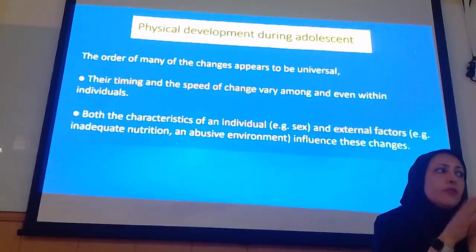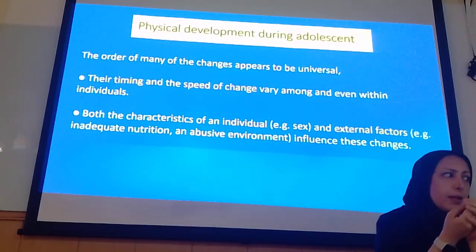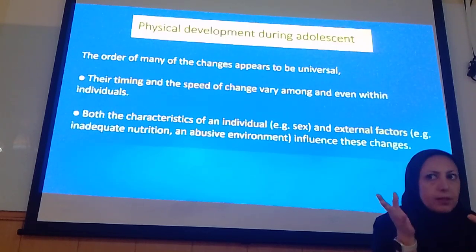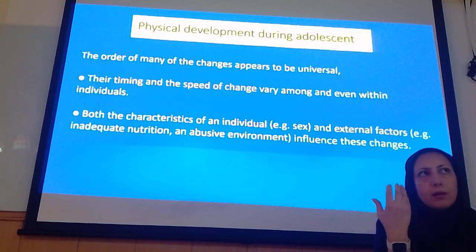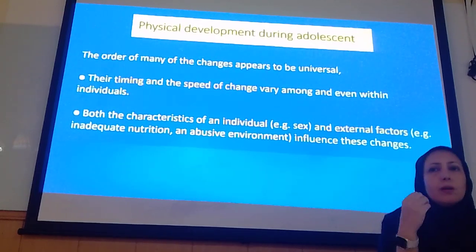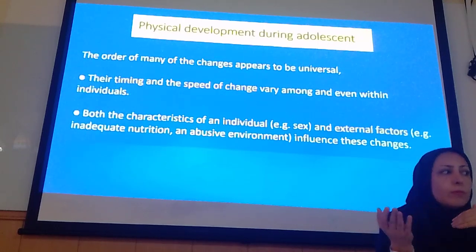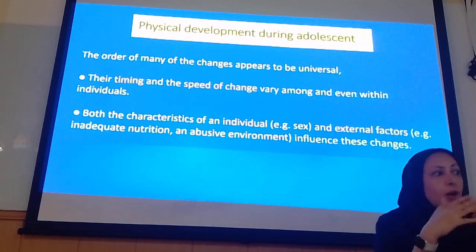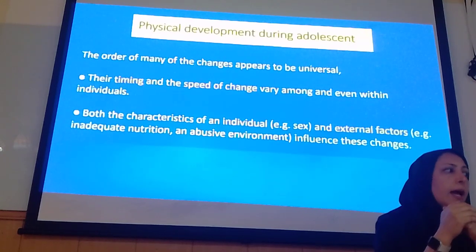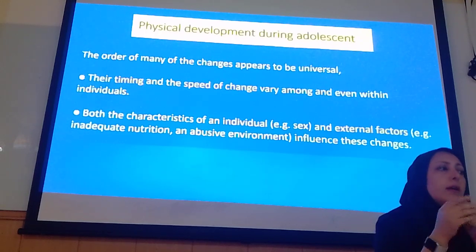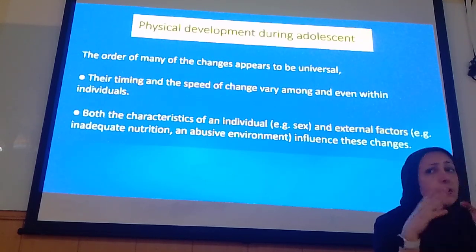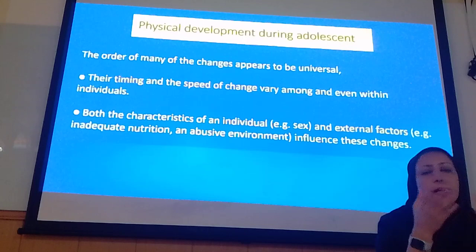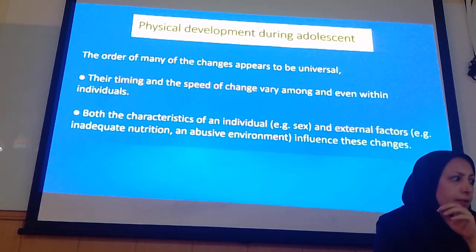The order of many changes appears to be universal. The timing and speed of change vary from person to person, but it occurs. All people go through adolescence, but the timing and speed of change is different from person to person. Both characteristics of an individual, such as sex, and internal and external factors can influence these changes. And in this slide,